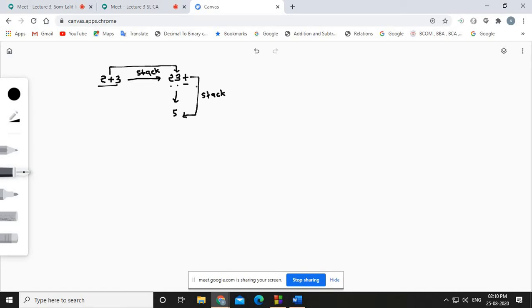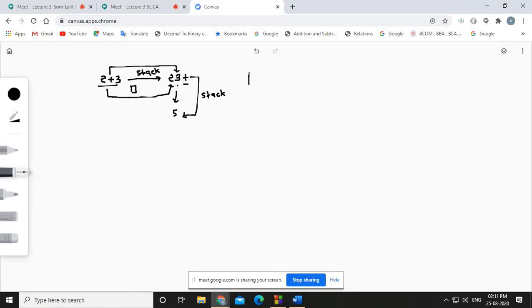Here what we need is a program which will take the infix expression from the user and automatically convert it into the postfix. The program will do this because we are embedding that program into the IC, the integrated circuit of the calculator. So how can we write the program? That is important. To write the program, there are several rules.